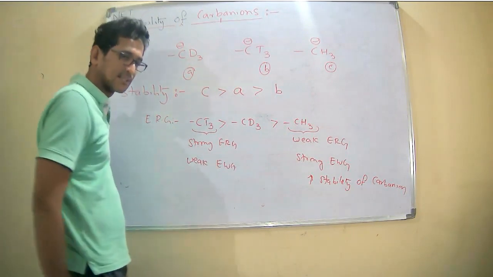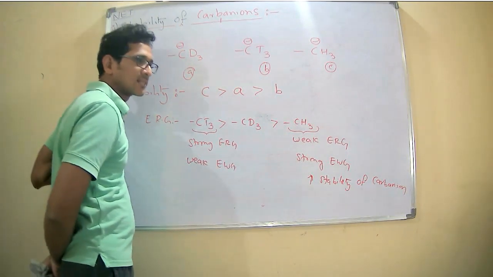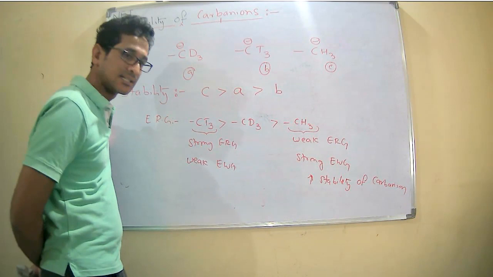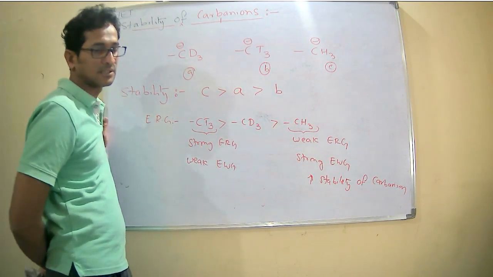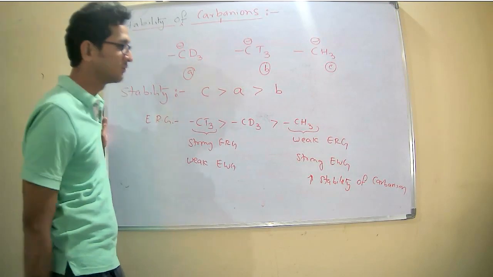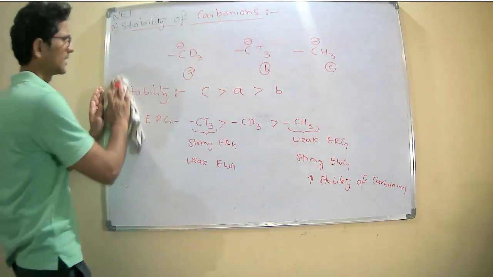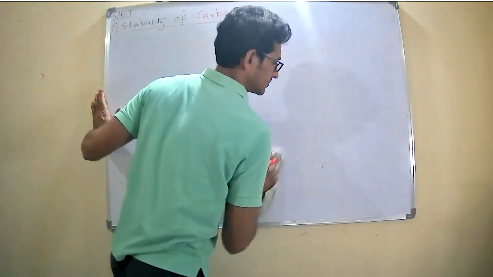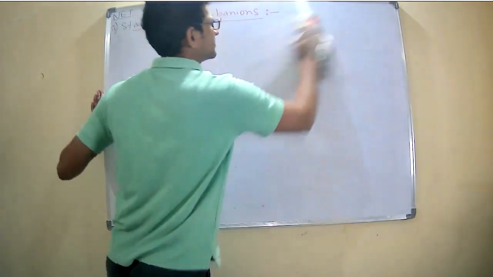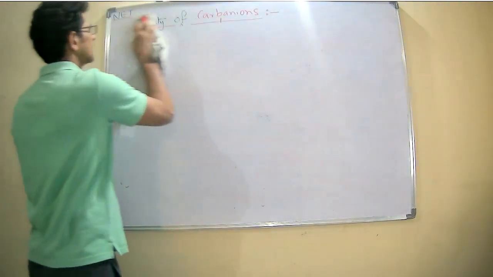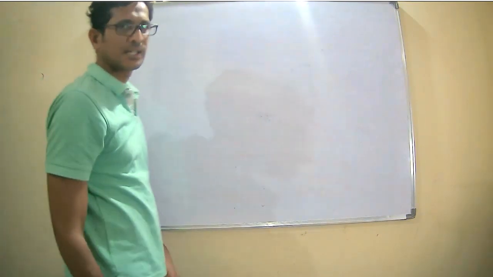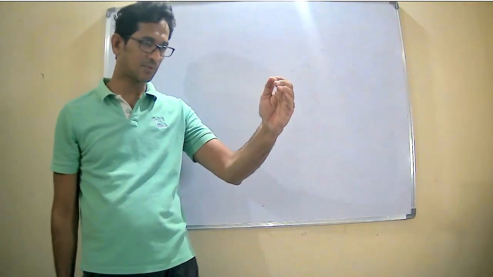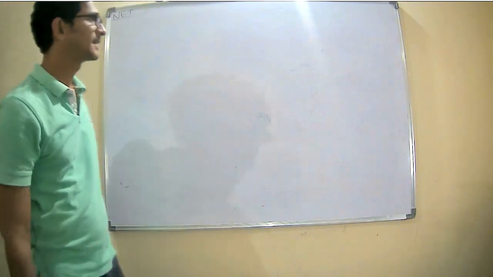So like that, we can write the stability of any compound based on the inductive effect, either it is the plus inductive effect or minus inductive effect, in terms of electron releasing group or electron withdrawing group, right? So this is about the stability of intermediates, stability of carbocations, stability of carbanions, right?